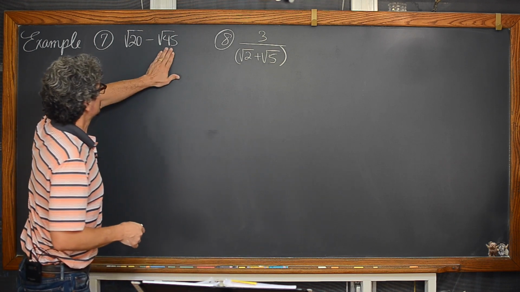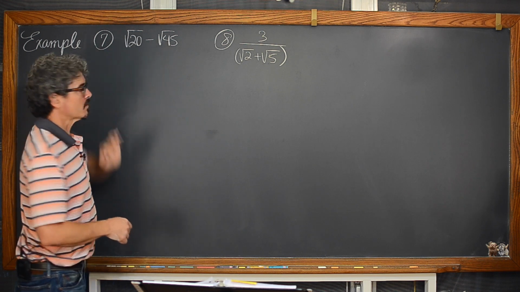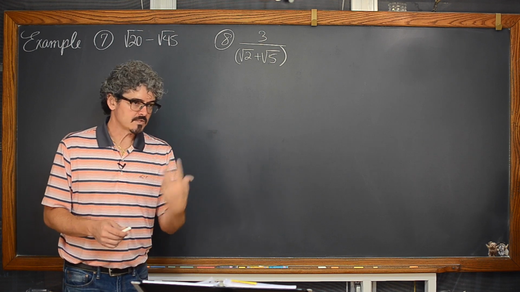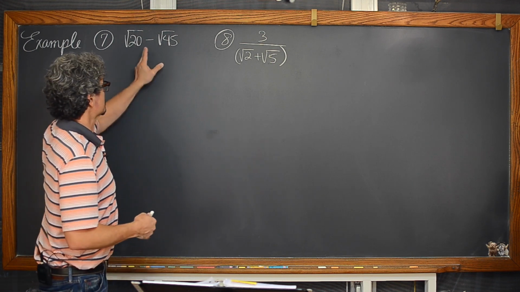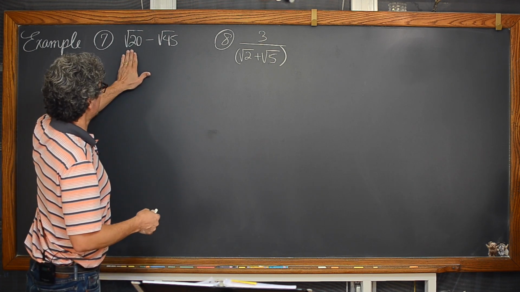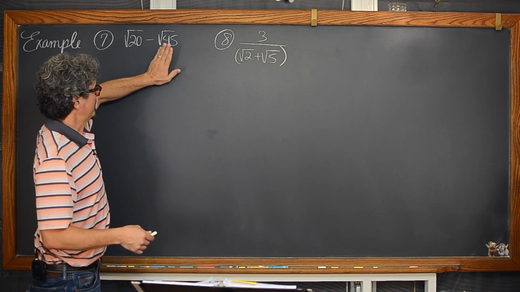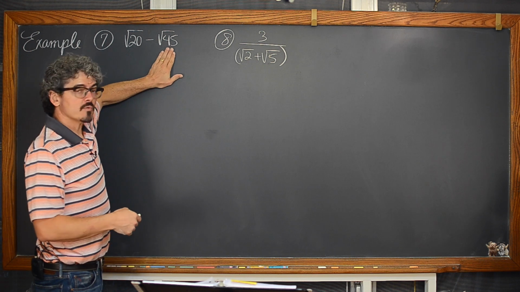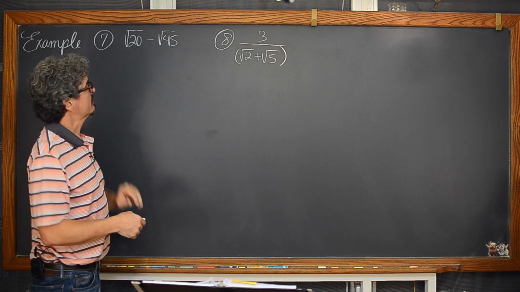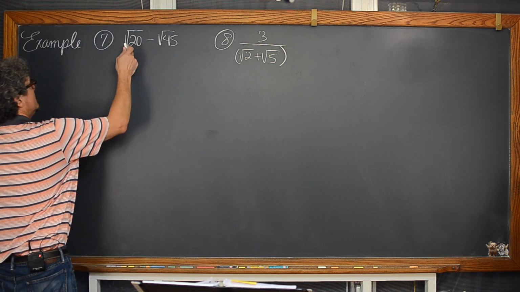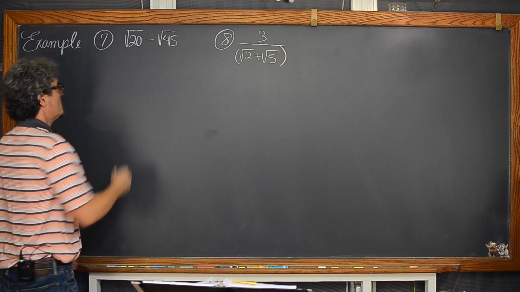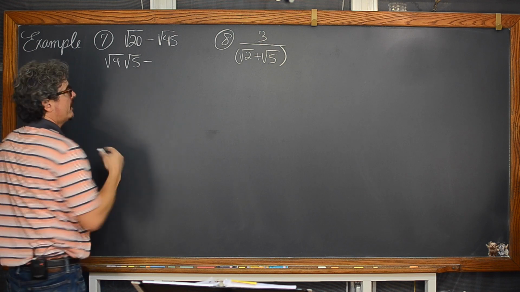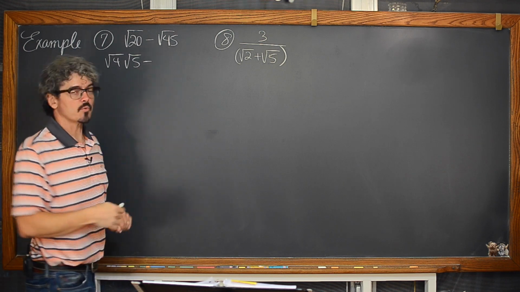So can we simplify the square root of 45 and the square root of 20, basically reduce those square roots in such a way that's going to allow us to, in this case, subtract them? Is there a perfect square in 20? It doesn't have to be the same perfect square as a factor, but can this be reduced as well? Is there a perfect square that's in 45? Well, yes. A perfect square which is a factor of 20 is 4. A perfect square which is a factor of 45 is 9.